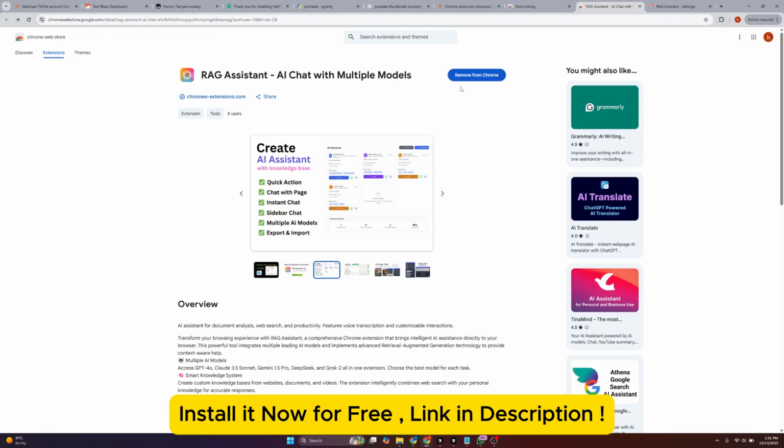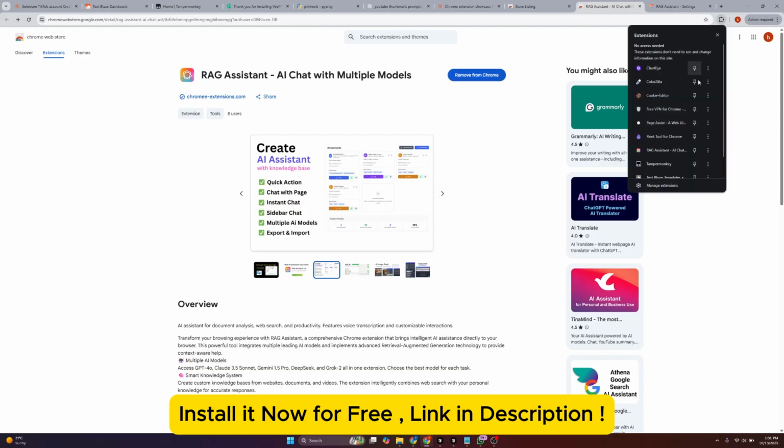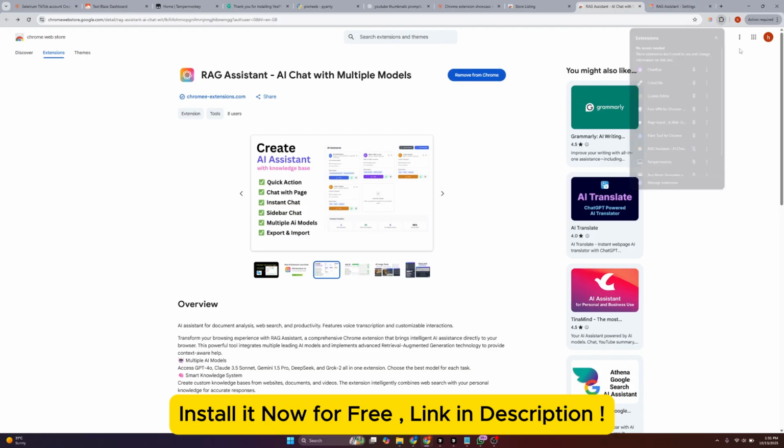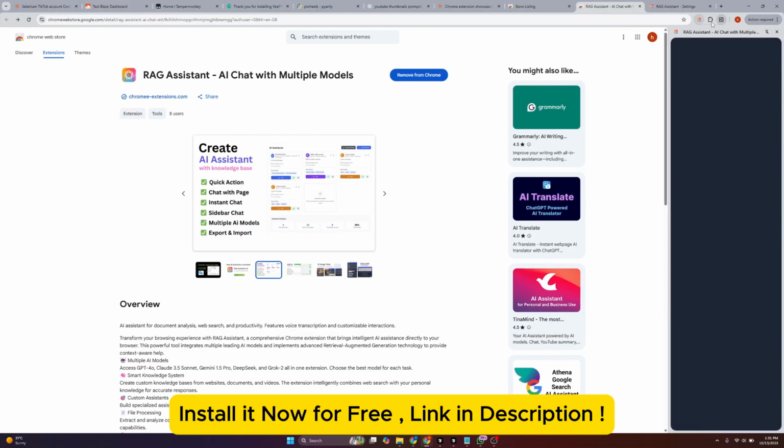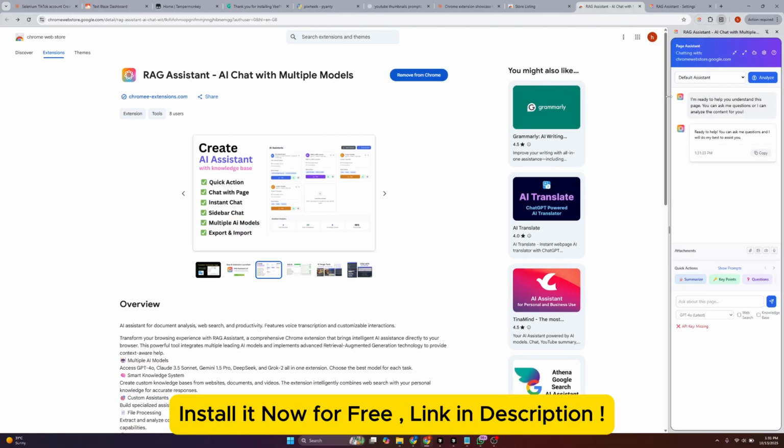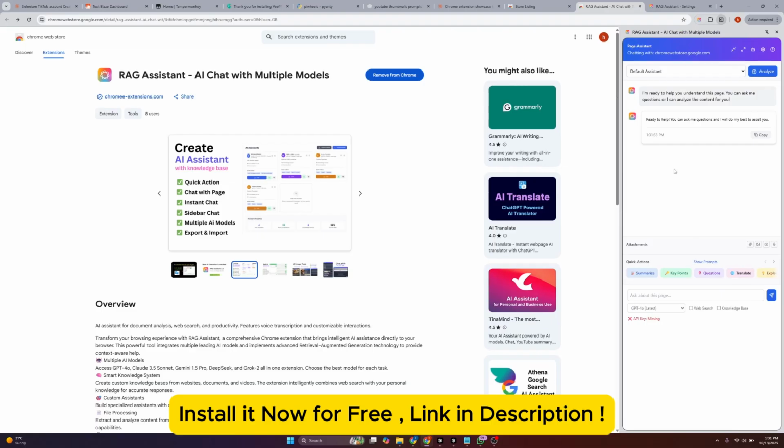So after installing the extension, you just need to click over it. You can pin it, okay, and you just need to click on this icon, and this will open the sidebar here. Okay, so now I will guide you how you can easily create the RAG